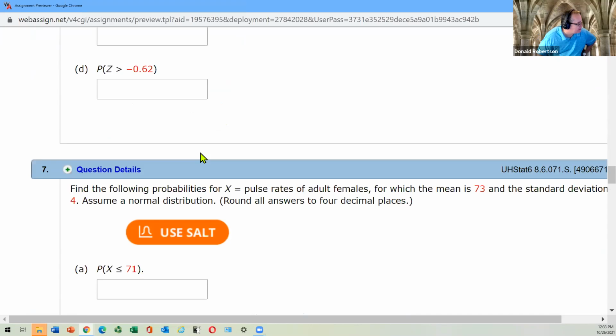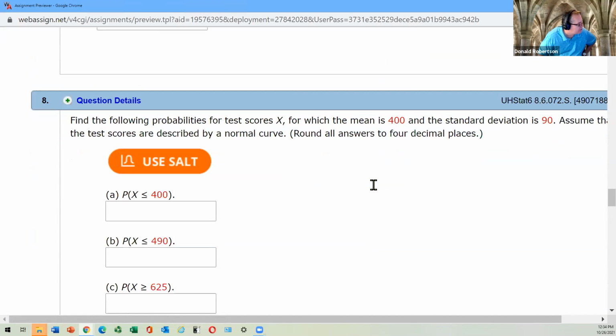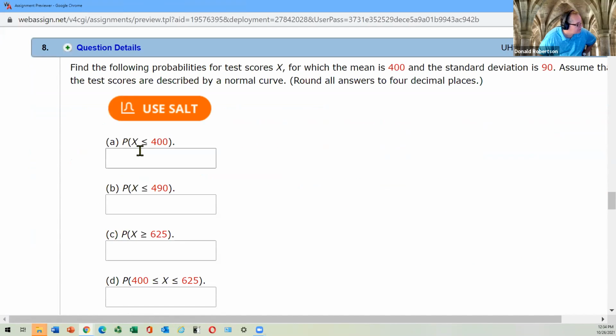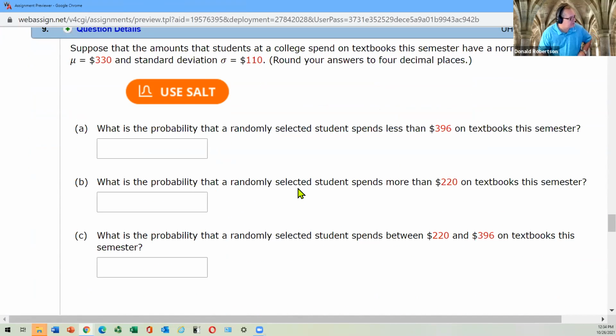There's some more bigger than and less than. There's some of the ones where we're returning to X's, but when they do X, they tell you the mean and they tell you the standard deviation. There's some more of those guys. Same basically as question 7. So let's do some